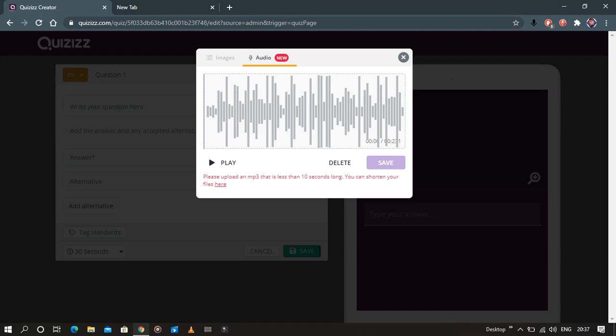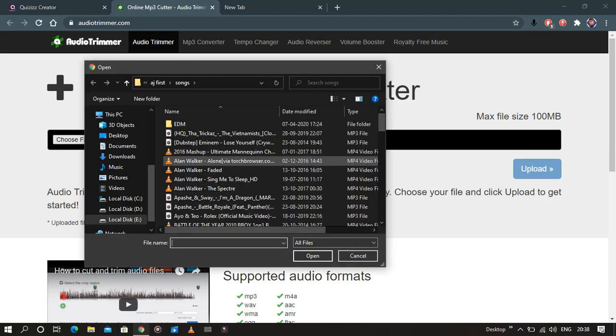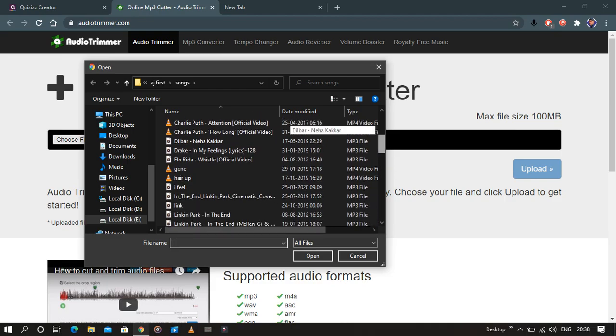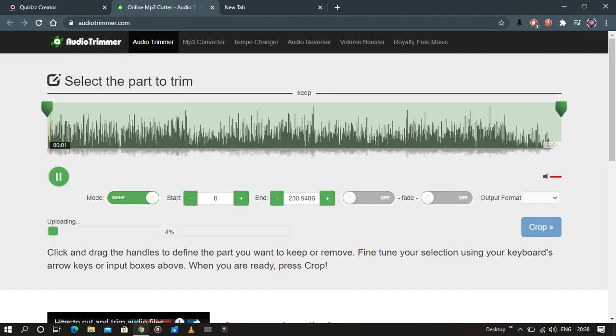So let's trim it first. Okay, so again I will choose the same file. So I need to keep it 10 seconds.